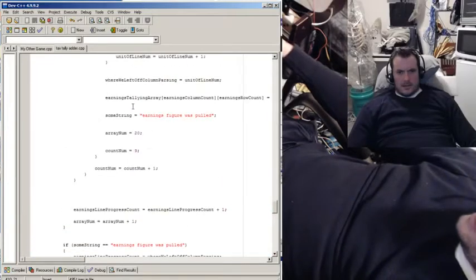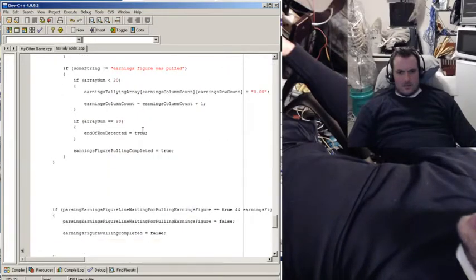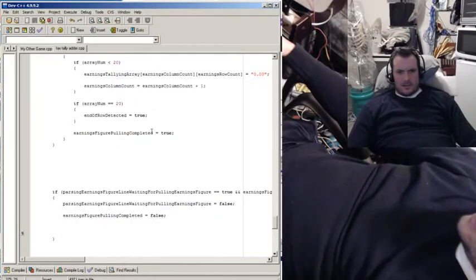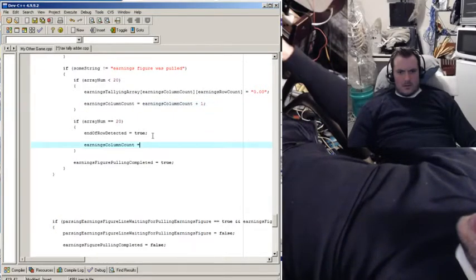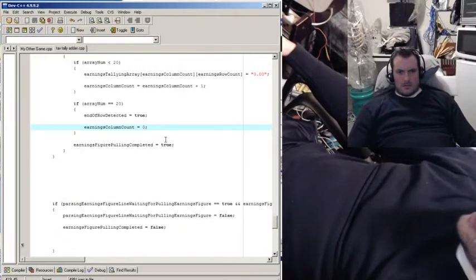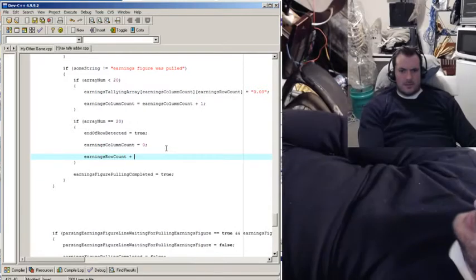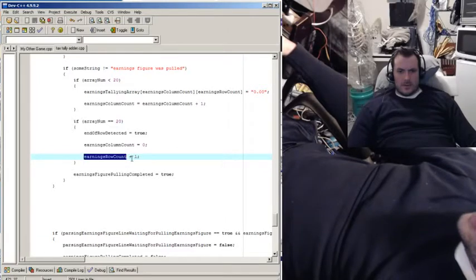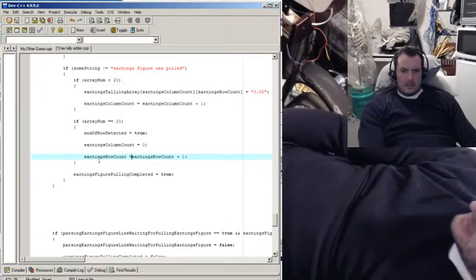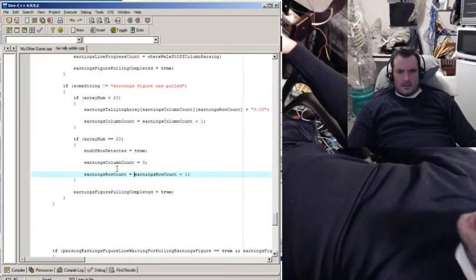And then again here. End of row detected would set the column back to 0. And it would set the row to row plus 1. Oops, row equals row plus 1. And then